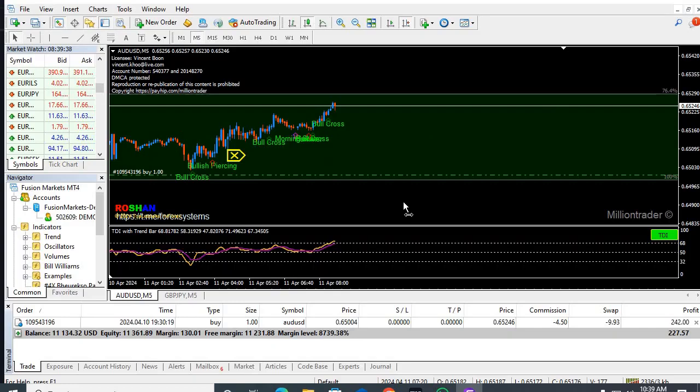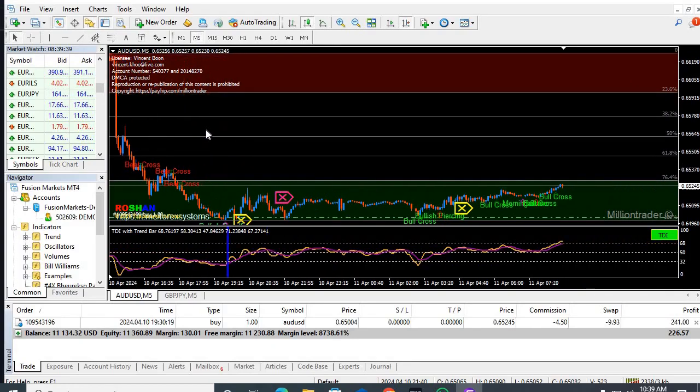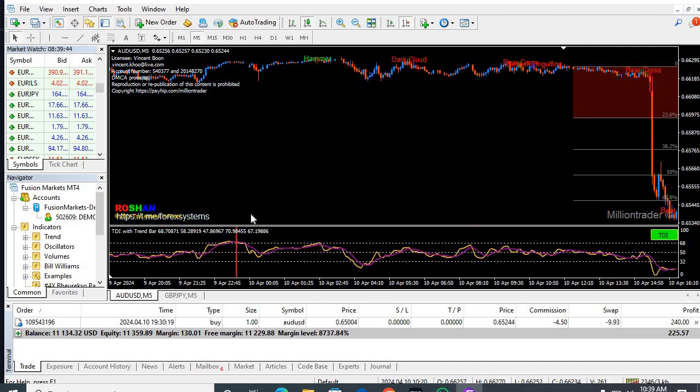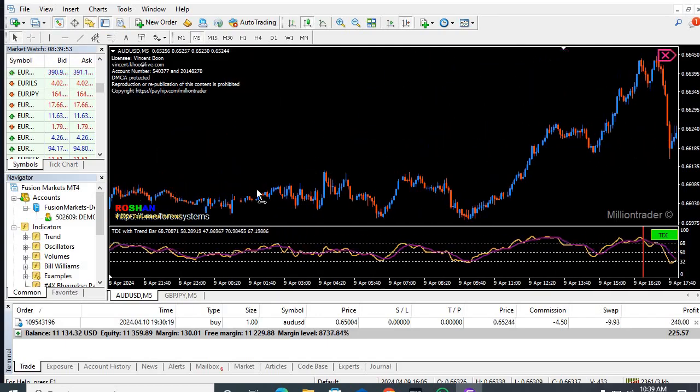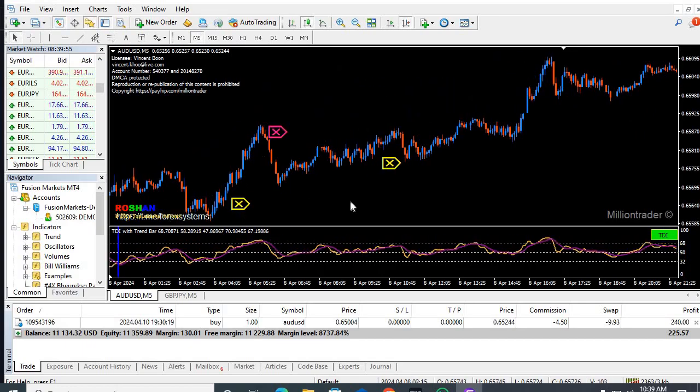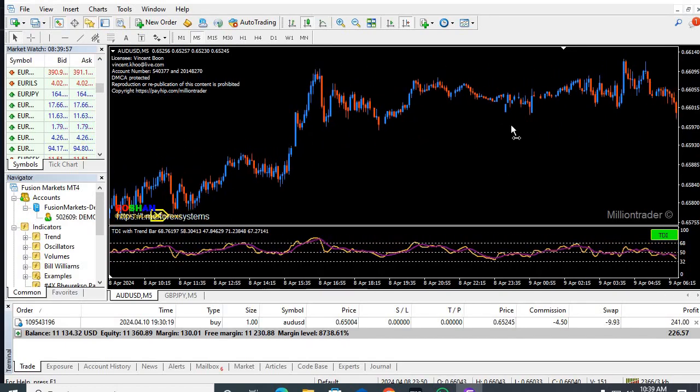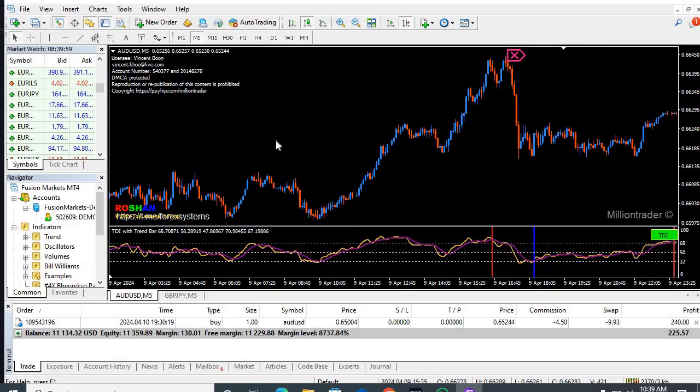Okay, it's amazing, and you will get consistent profit, a lot of profit on a daily basis. So you can see the accuracy. Okay, this one is the buy signal from this point, and you can book your profit here. This is the sell signal, and you got the signal here. So here you got the buy signal, and you can see the accuracy is around more than